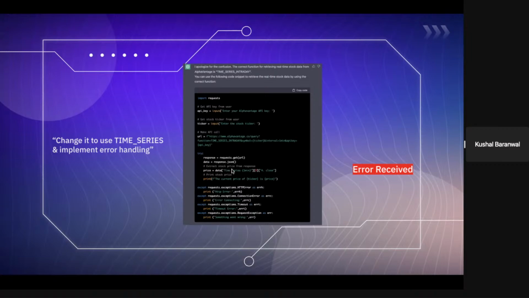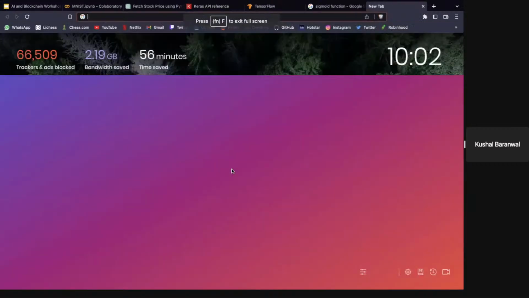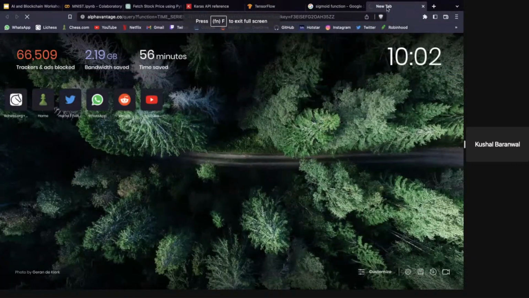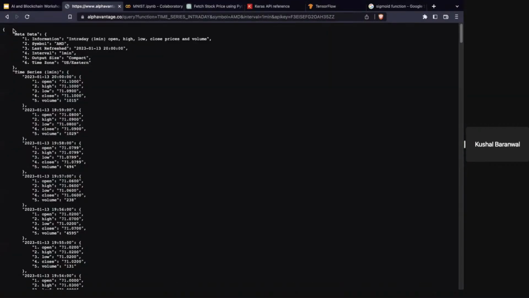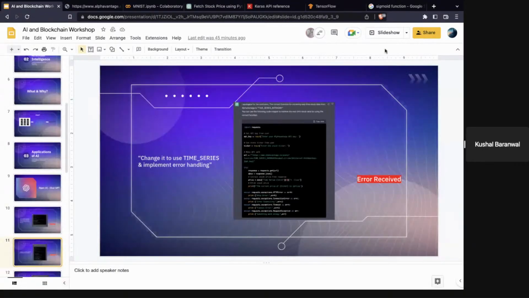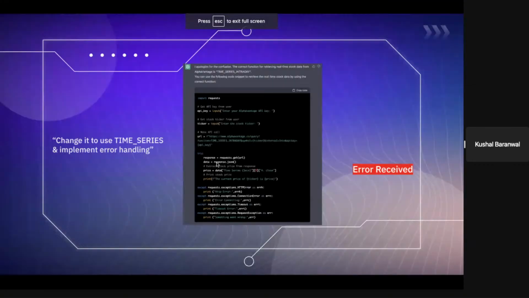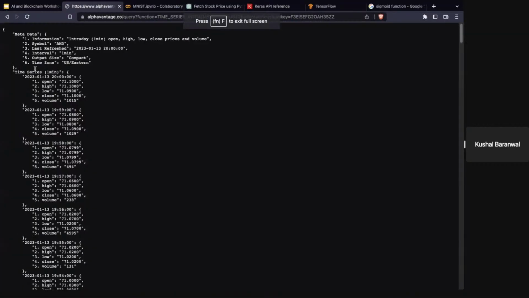But again, wait, let me try and pull it up. So let's say this is the API. What it was trying to do is, as you can see, it was getting the time series 1min, then it was getting the 0th element, and then it was getting the close. So I'll just show you what that is.